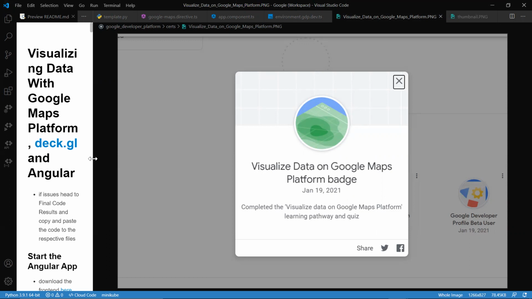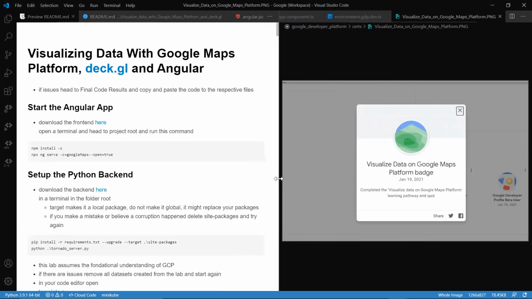All right, so now just an overview of Google Maps platform. Google Maps platform is like what you expect to see in Google Maps.com and maps.google.com. However, you get to see this in your front end. You get to apply this to your APIs, where it's going to be through a web browser, Android, iOS, and the third. So what we want to go ahead and do is we want to download the front end